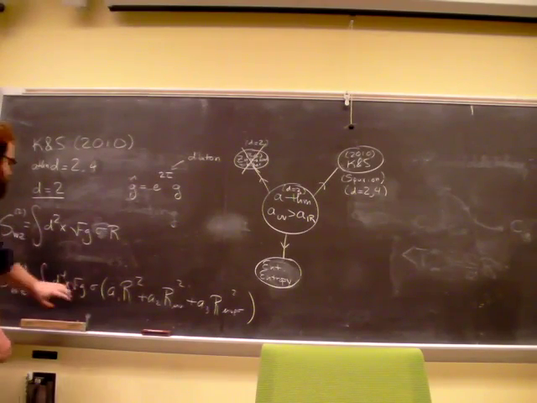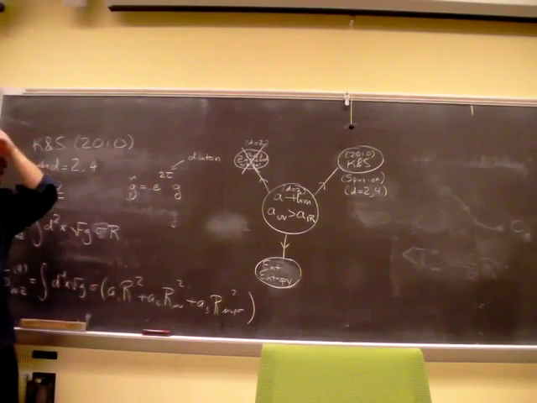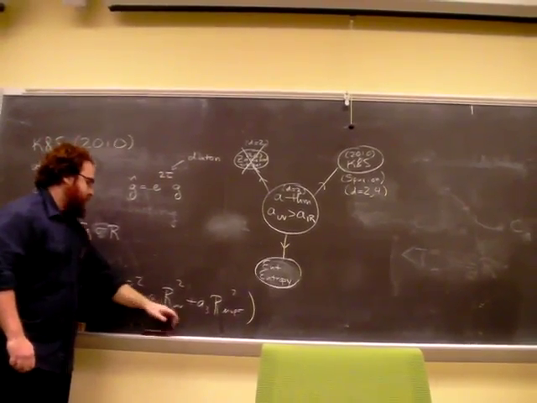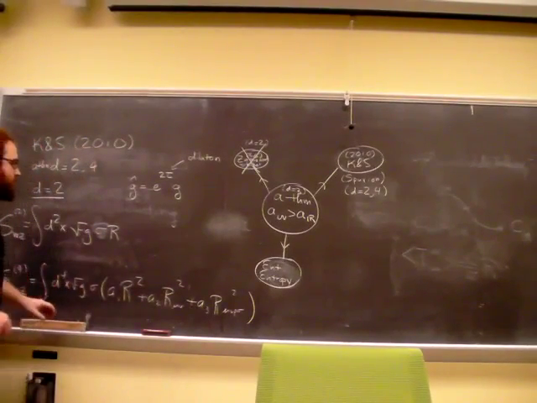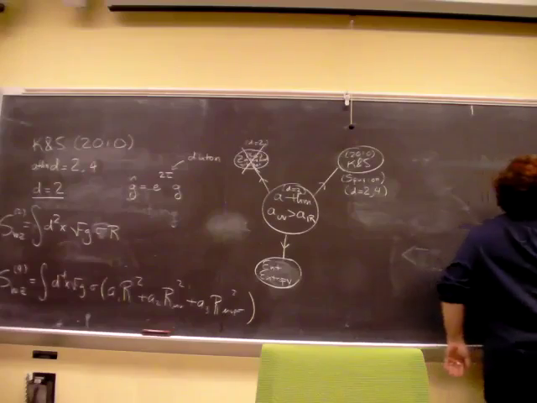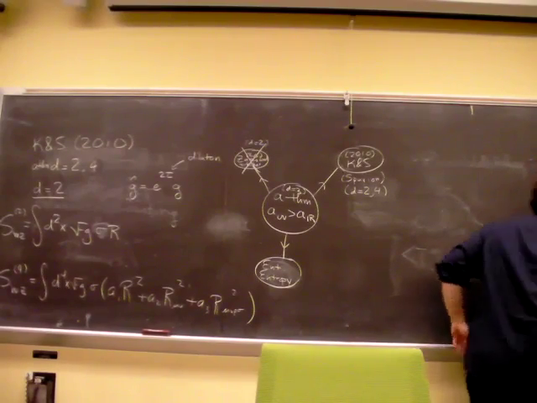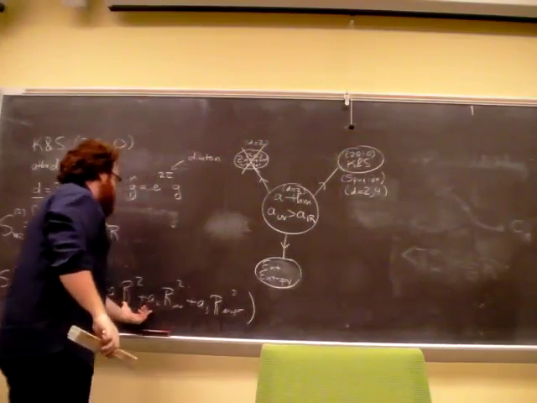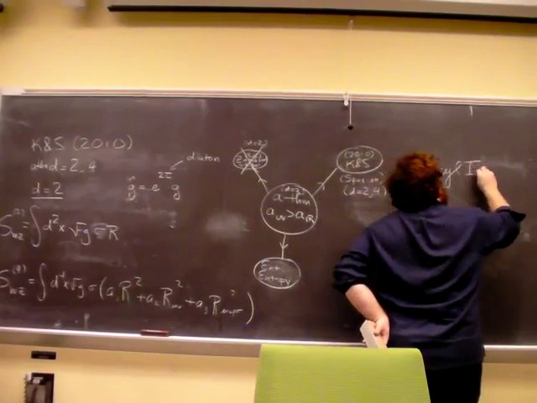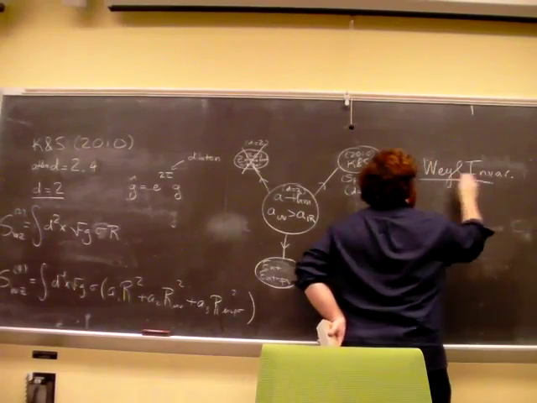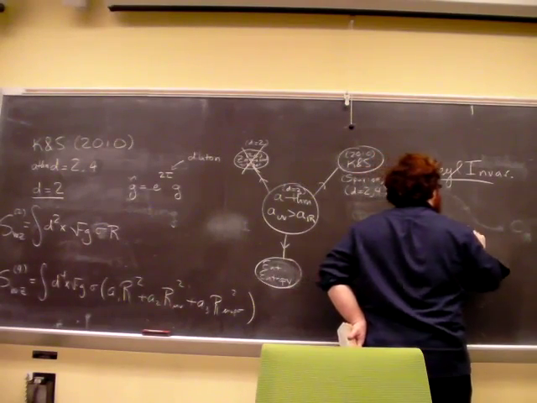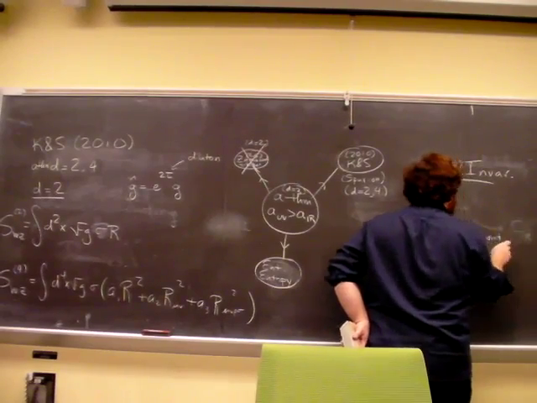In 4 dimensions, it's a bit more complicated because you can write down 3 independent terms: Ricci scalar squared, Ricci tensor squared, and Riemann squared. And so you have to slice these objects. I really should have put this chart out of the way for the rest of the time. So you have to classify these objects into Weyl invariant pieces and non-Weyl invariant pieces. And you have to make them consistent in the normal sense that you make anomalous actions consistent,